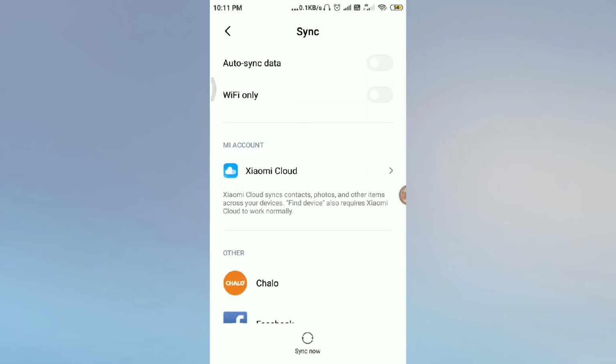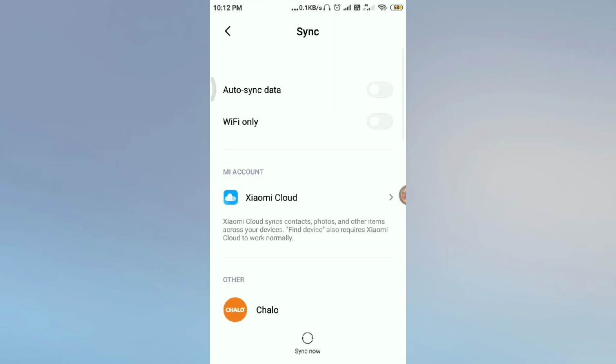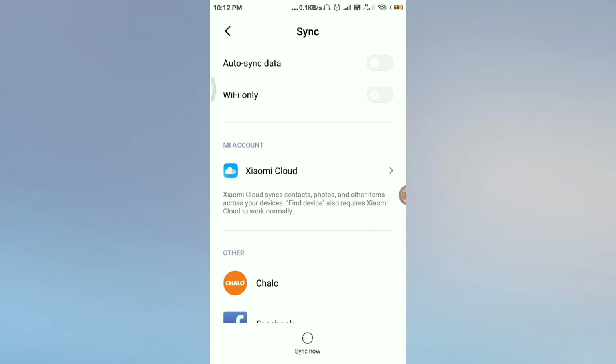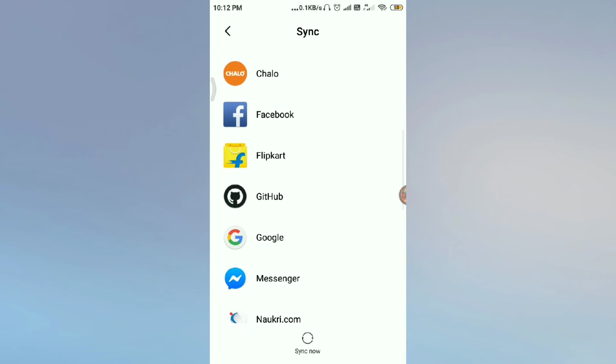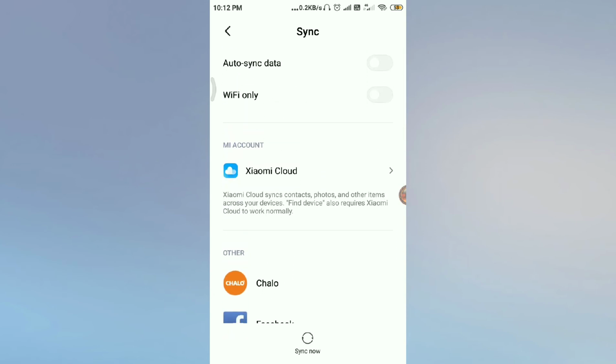So you can avoid these things, because if any application syncs its data in the background, then of course your internet data will be consumed slowly, and the battery will also drain, meaning the battery will end very soon. Why is it happening? Because this process is going on in the background. So you can restrict this process in these settings, and it is very important. Whenever you open any of the applications, at that time the data will sync, not always in the background. So you just turn it off.